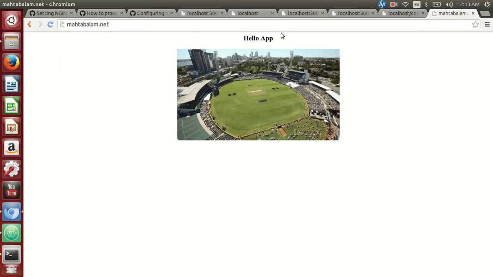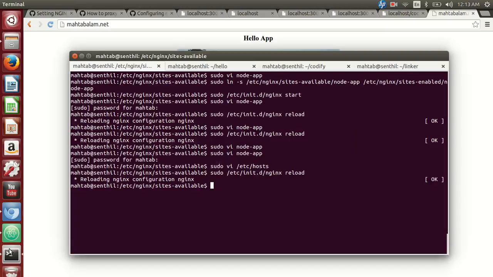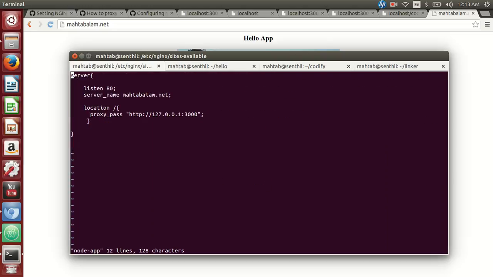So I have configured a host name to resolve to an application using nginx. Let's do some more applications. Let's open our configuration file and create some more servers here. I'm gonna go down, enter insert mode, and type server. I'm gonna again listen on port 80,